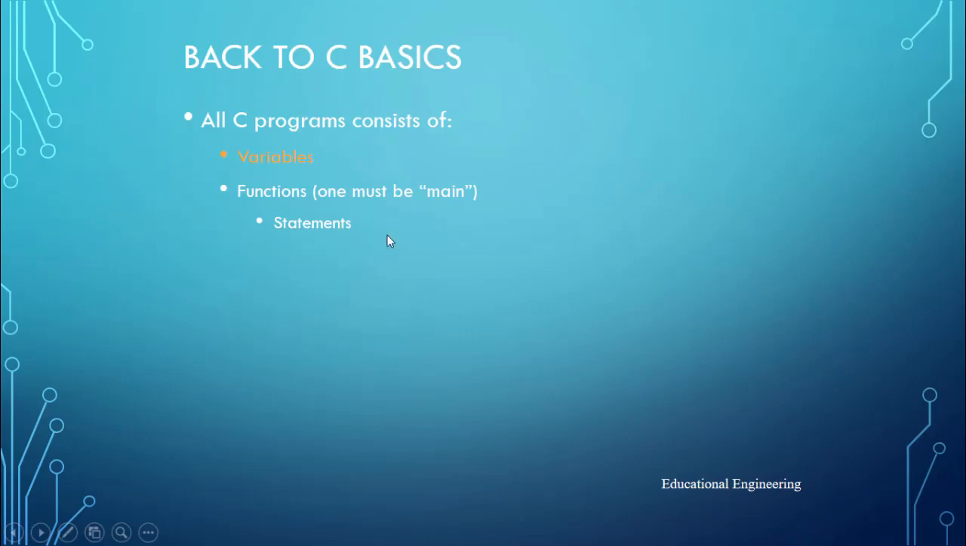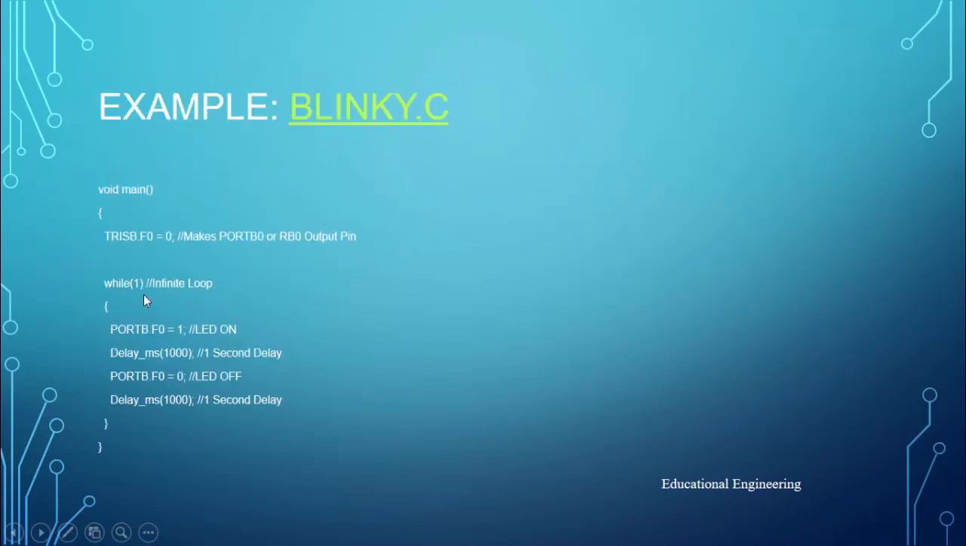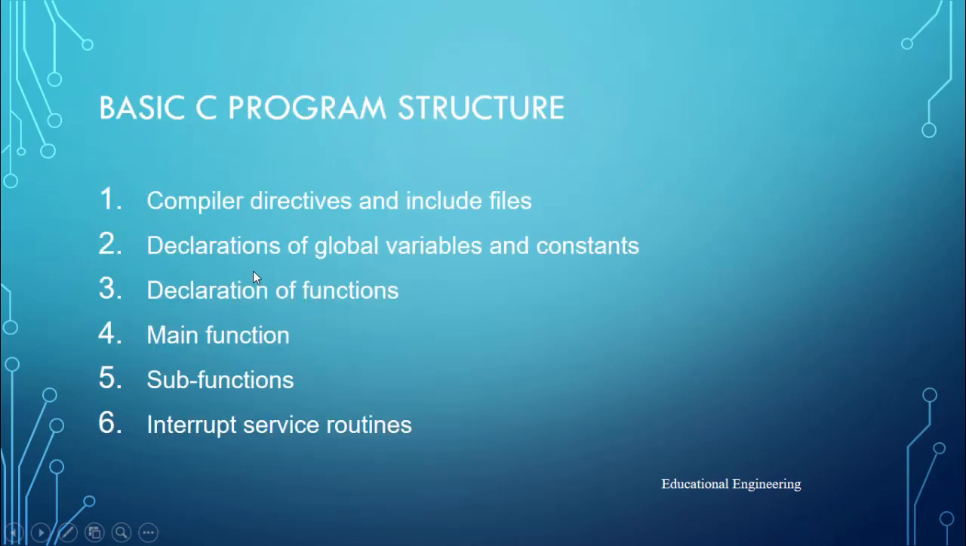Now let's get back to C basics. All C programs consist of variables and functions. One of these functions must be the main, so that the program can understand that this is the function to be executed first, and each function has statements inside it, just like these lines. These are called statements. This is a quick overview of the basic C program structure and